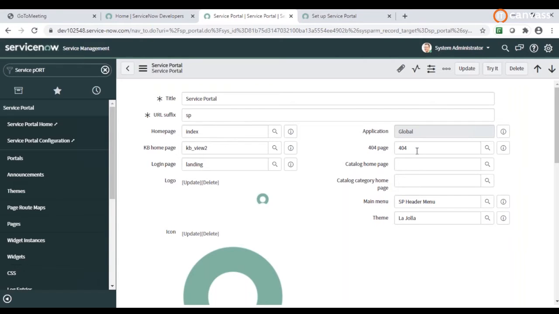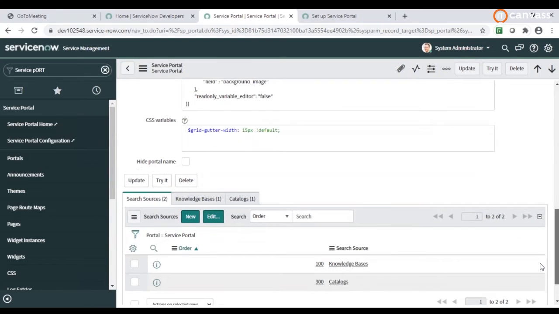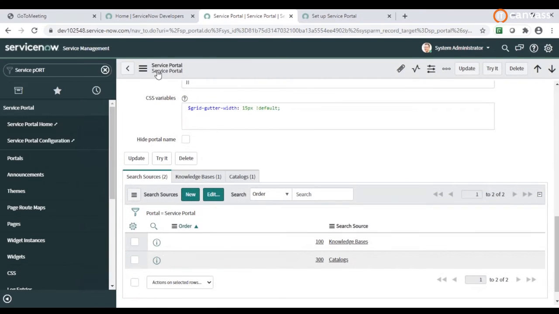So this is an out of the box 404. Let's suppose you have tried any other page ID, then it will automatically give you a 404 error. That means page not found. And here we are applying the La Jolla theme. Okay, and in the downwards section it says